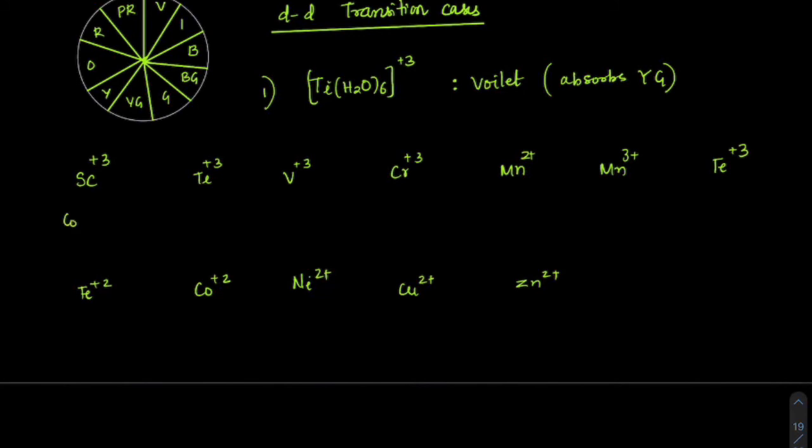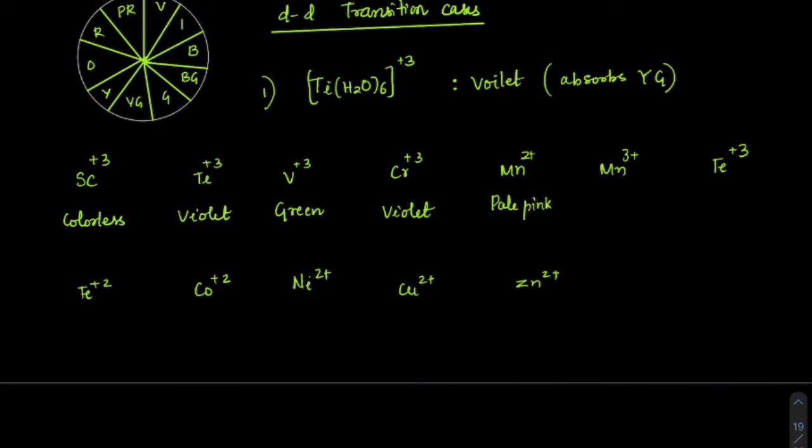Now let us see this. Scandium plus 3 is definitely colorless, there are no unpaired electrons at all. Titanium, we just saw, is violet color. Vanadium is green color. Chromium is again violet color. Plus 3, aqua solution, remember this. We are only talking about aqua solutions. Next, manganese plus 2 is pale light, or what we call buff or pink color. Pale pink.